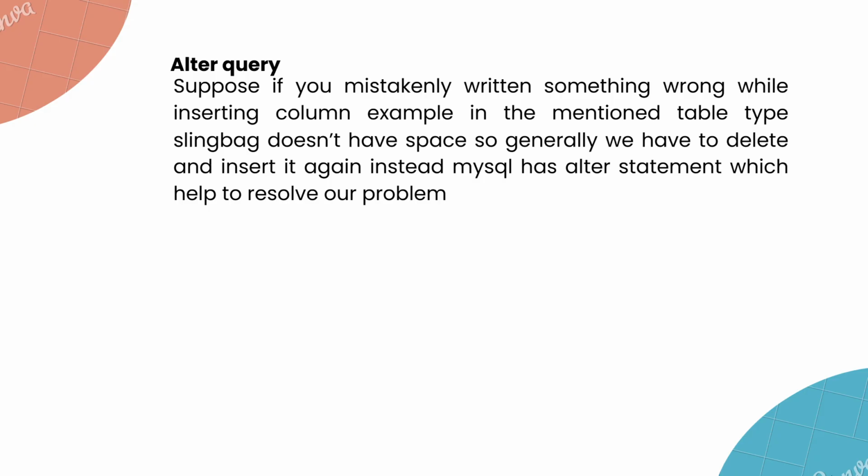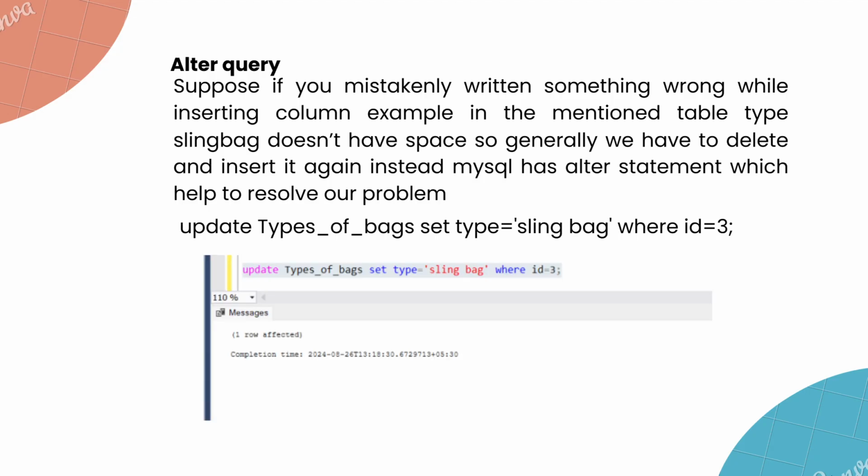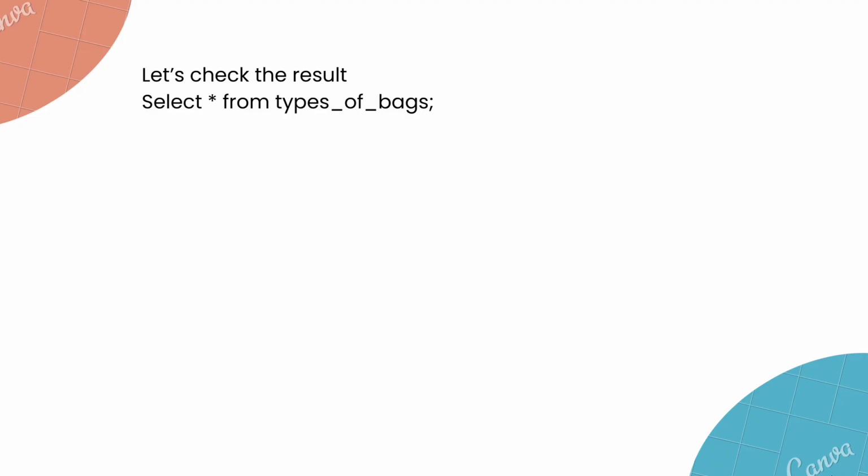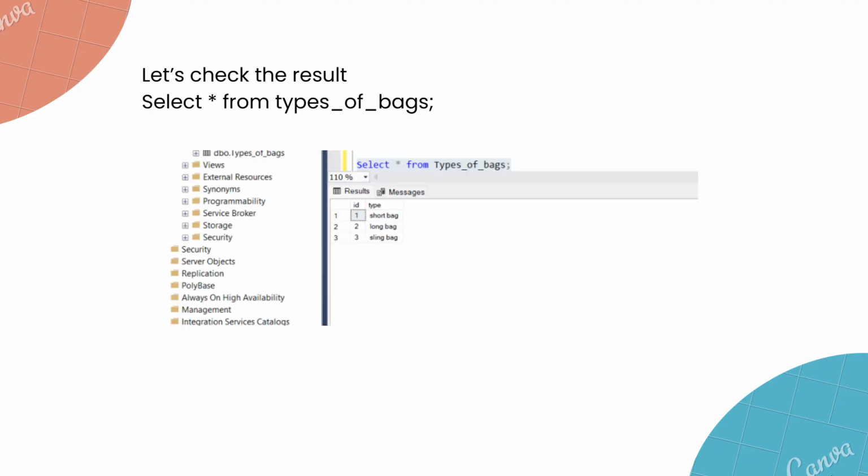Generally, we would have to delete and insert it again. Instead, MySQL has a statement which helps to resolve the problem. UPDATE types_of_bags SET type = 'sling bag' WHERE id = 3; Let's check the result. SELECT * FROM types_of_bags;